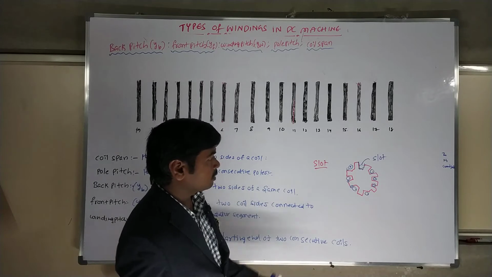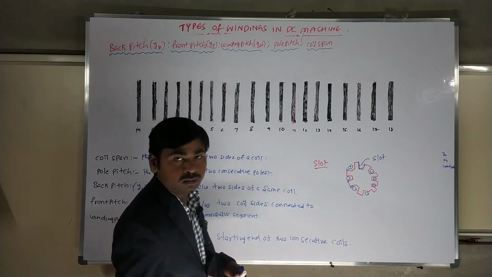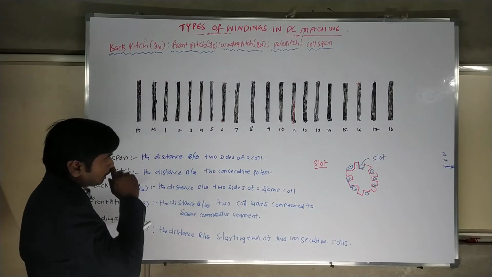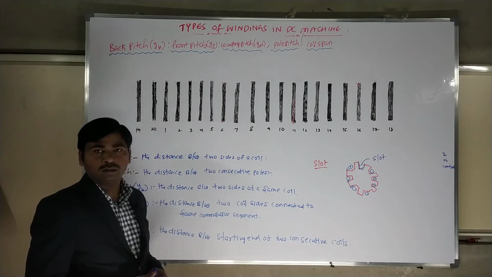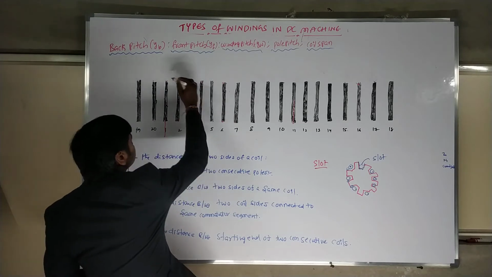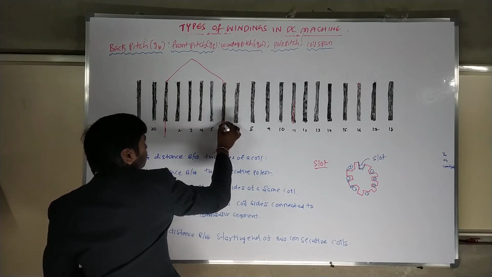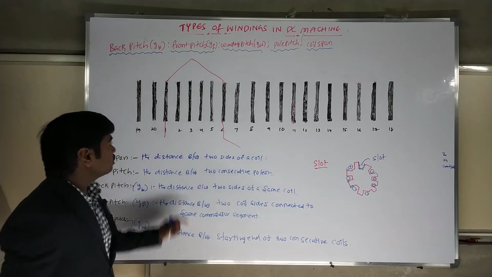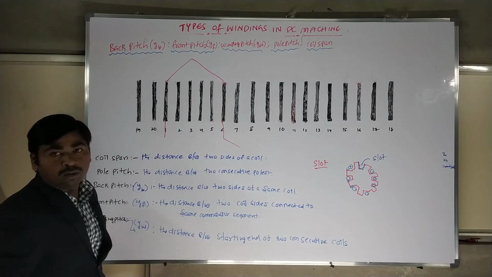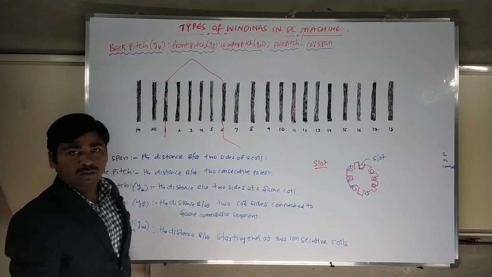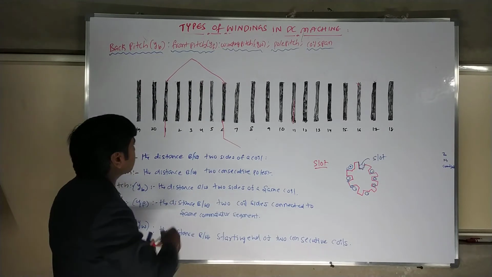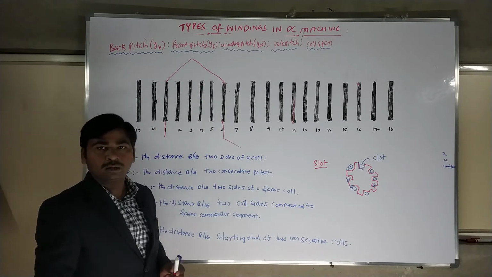This is clear: turns and slots, slots and conductors. So next, turns. What is a turn actually? Generally, if you go for lap winding or wave winding, you can see. Let me draw for a wave winding. The first conductor is connected over here, and the sixth conductor follows here. So first slot, sixth slot; I go and take the winding like this. This is one conductor, this is one conductor. I keep the conductors like this and keep a winding here. So this complete setup is nothing but a turn.